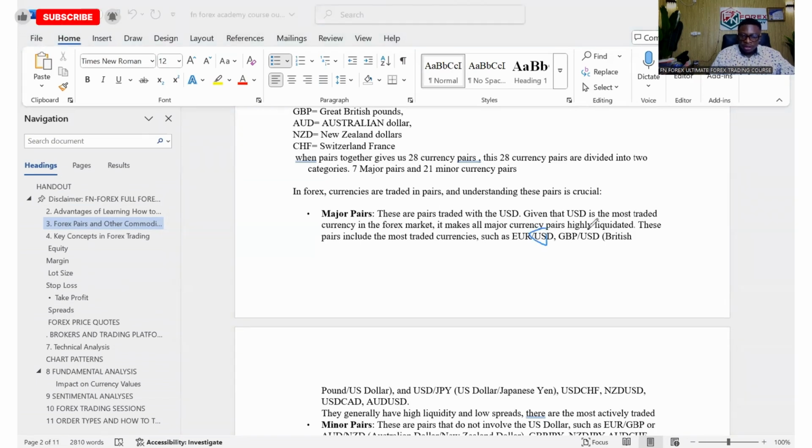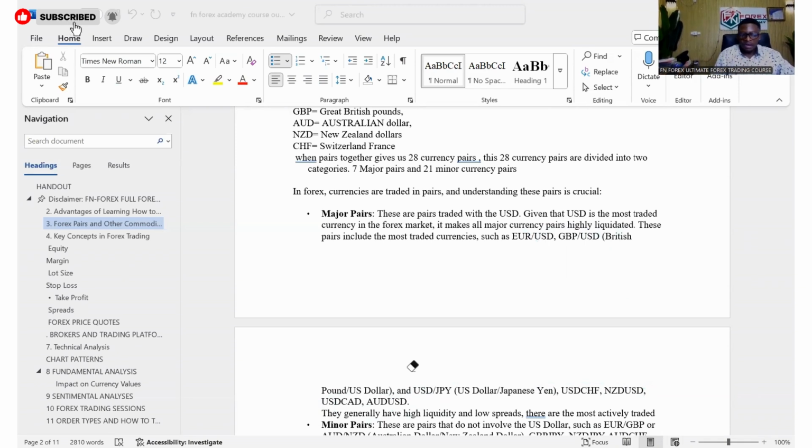We have GBP USD. Right down here we have USD JPY. We have USD CHF. We have NZD USD, USD CAD, AUD USD. So they must have that USD. Now that USD makes them the major